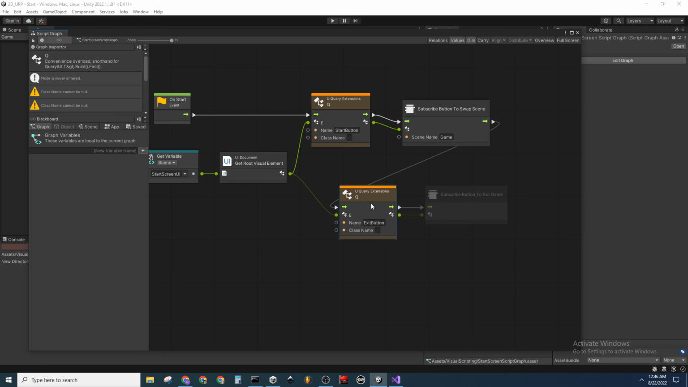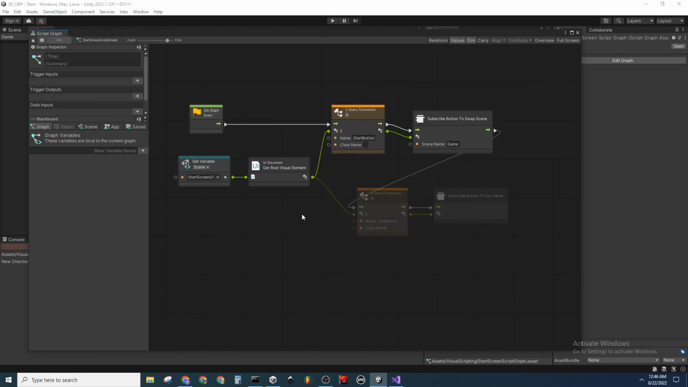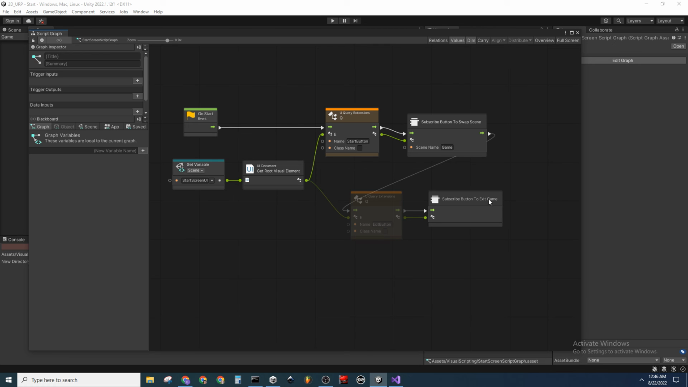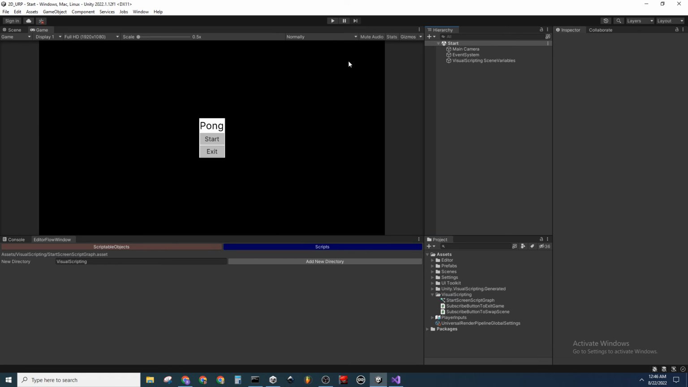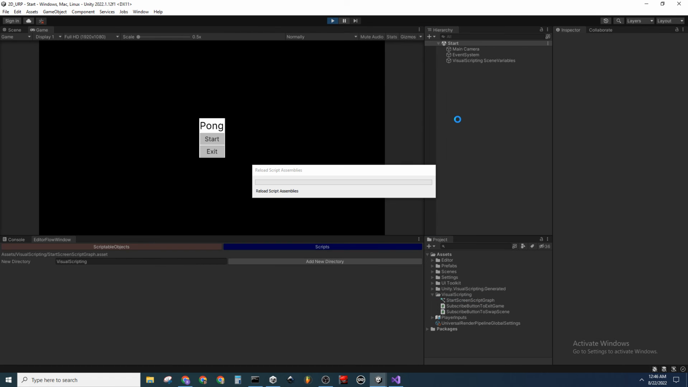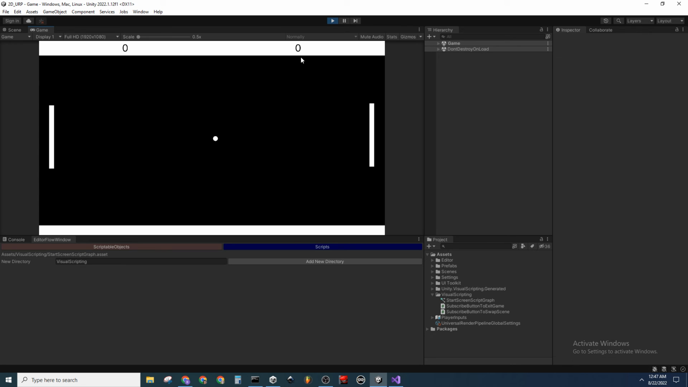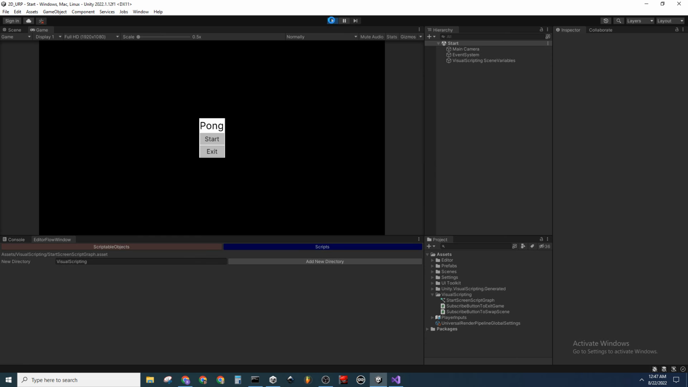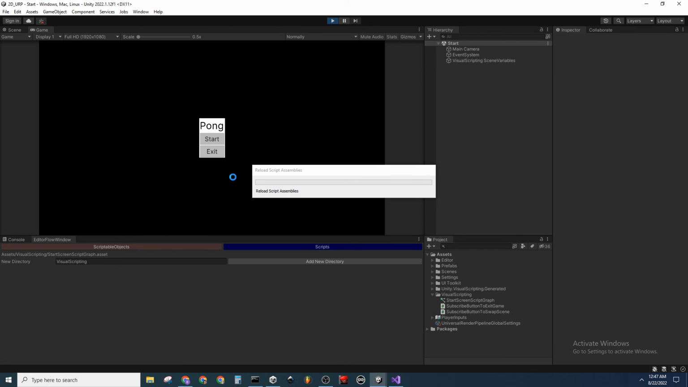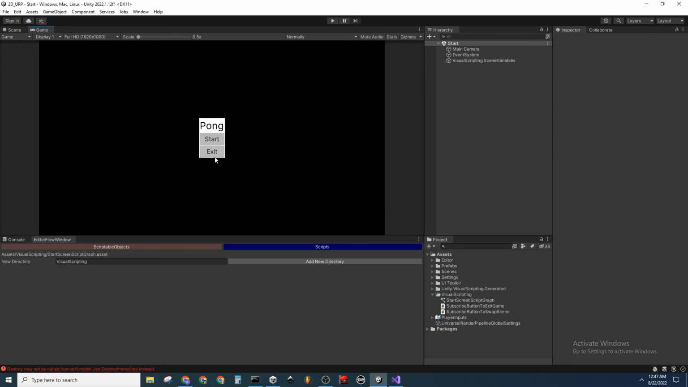And as long as everything was set up properly, this should actually allow us to swap into the game scene, but also close play mode from our start screen. So I'm going to close the graph real quick, and we will give it a shot. So as we saw before, if I click start, it swaps to the game scene, that's proper. If I enter play mode, and I click exit, it properly exits play mode,